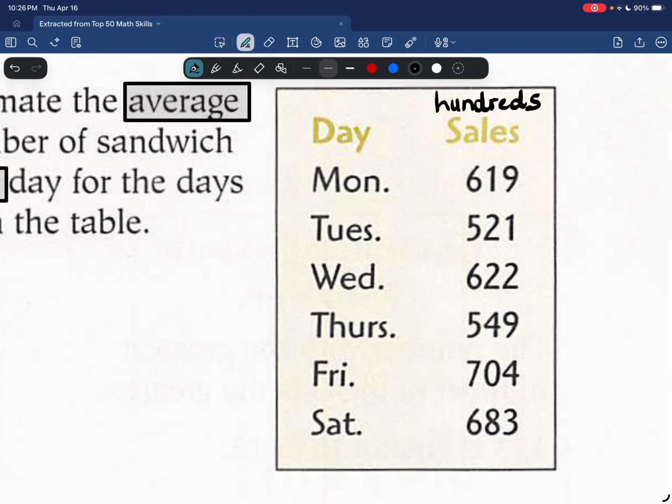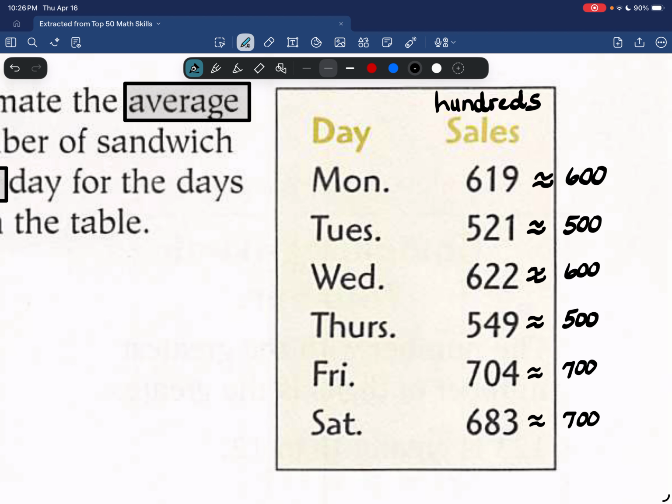So I'm going to say that 619 is closer to 600 than to 700. 521 is closer to 500 than 600. 622 is closer to 600 than 700. 549 by just a hair is closer to 500 than 600. And 704 is closer to 700 than 800. 683 is closer to 700 than 600. So once I get those estimates,